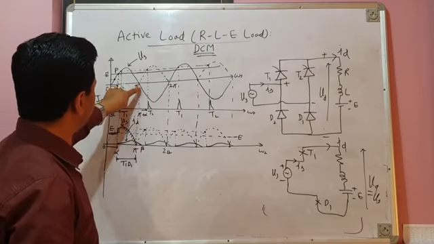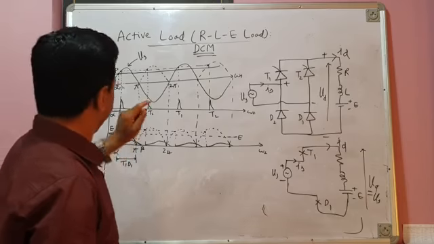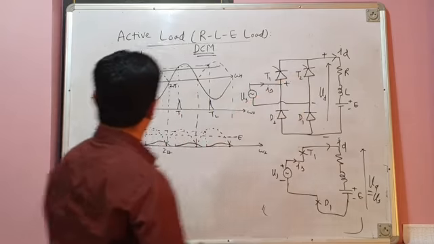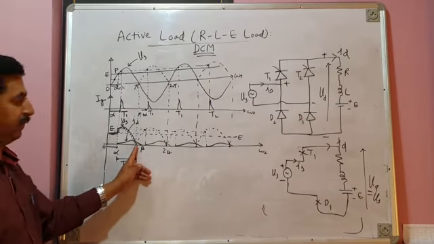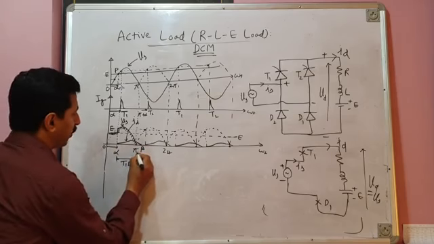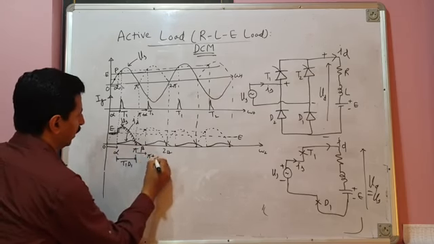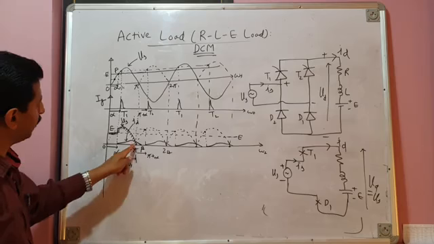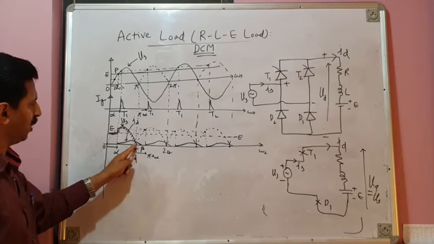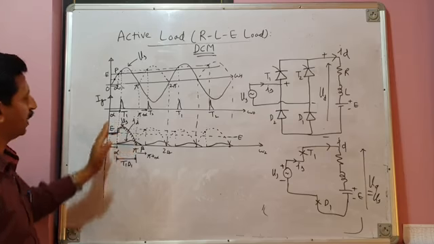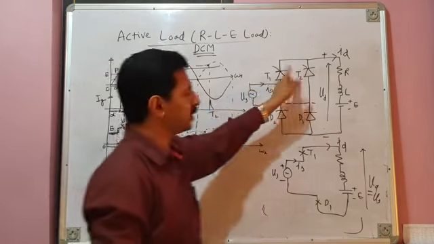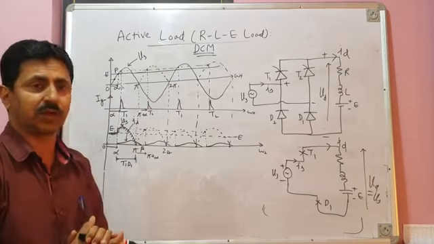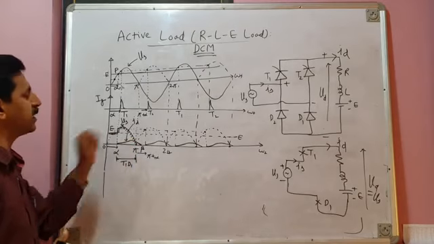And then comes the negative half cycle of source voltage. And when negative half cycle of source voltage comes, it is time for thyristor T2 to trigger. But we are not triggering thyristor T2 at pi. We are delaying the triggering of thyristor from pi to pi plus alpha. We are triggering thyristor here after a delay of alpha. So what will happen from pi to alpha, or let us see first from pi to beta. From pi to beta, thyristor T2 is not triggered. It's waiting for firing pulse, but its firing pulse has not been issued to it. Load current is still flowing.